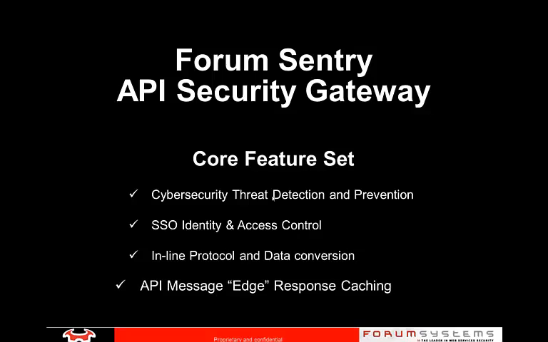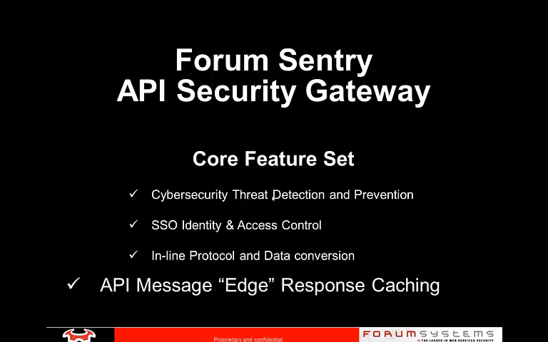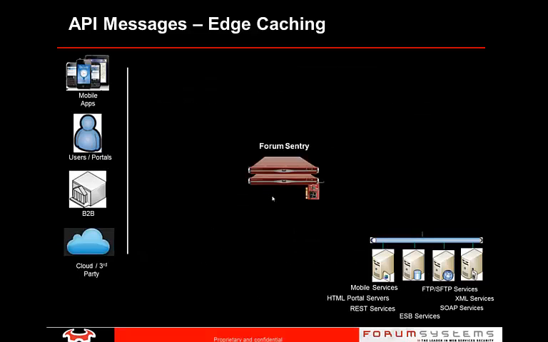And then we look at, and we're going to target for this discussion, the API message response caching: the ability to intelligently cache information responses across these modern day rich data formats. So let's take a look at what that means. When we target the edge caching capabilities that Forum Sentry provides, what we're doing is brokering that communication pattern, those business flows, in the same manner that the Forum Sentry API security gateway technology is meant to do and